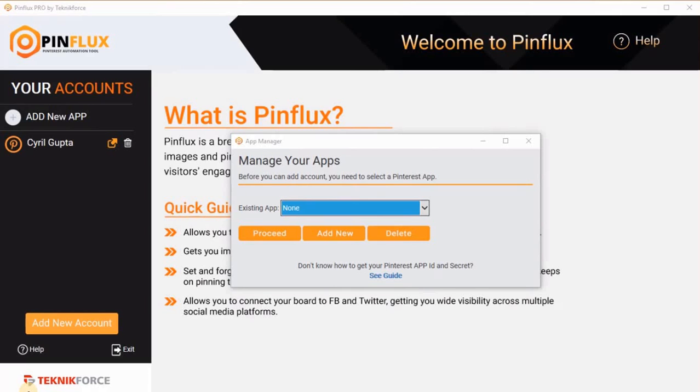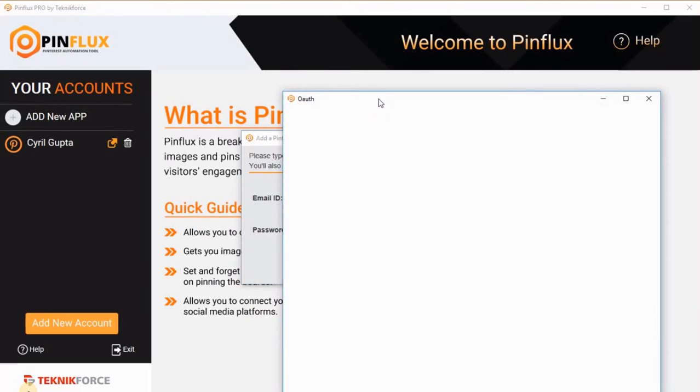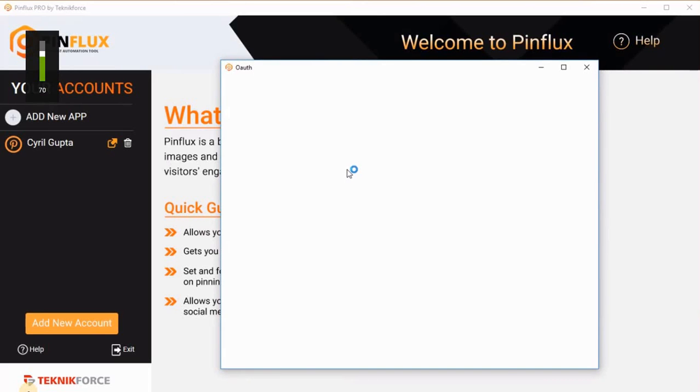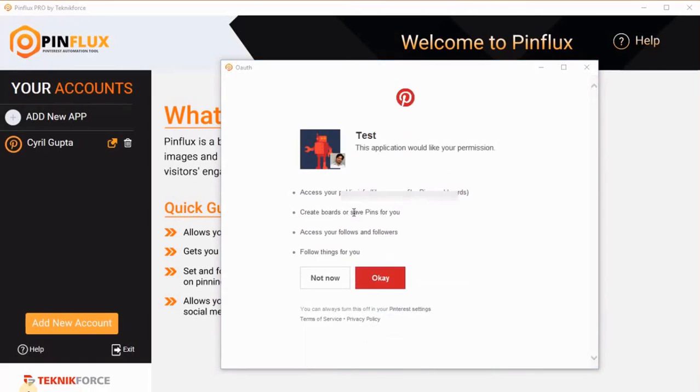So I'm going to quickly create an app and get back. So after I add my app, I can select it, and now I can add any Pinterest account to Pinflux by putting in the email ID and the password. So after putting your email ID and password, click on Add Account. You'll be taken to Pinterest authorization. Put in your email and password again. Log in. Allow your app,